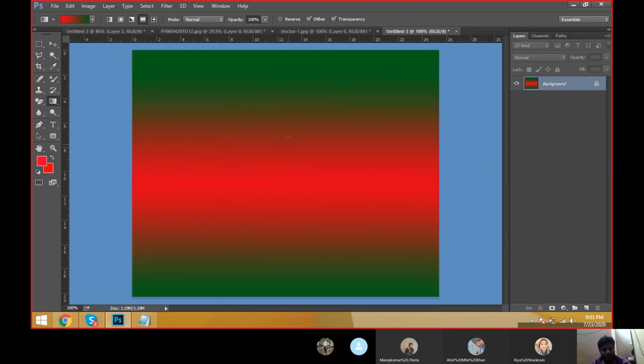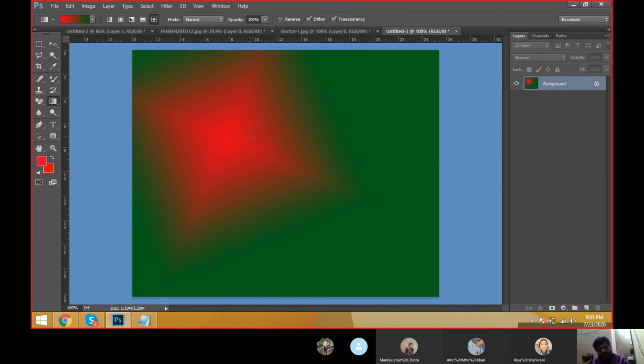From the center the colors will be reflected. In between we have a red color, and above and below we have a green color. This is reflected, meaning the center part. And this is the diamond style, which comes as a gradient.